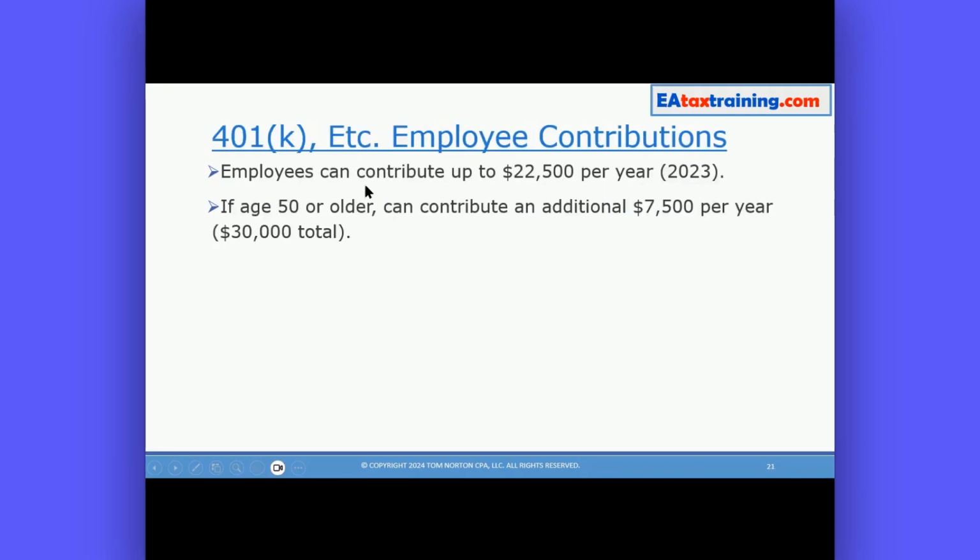The employee contributions to any of these types of plans, whether it's a 401k, 403b, or a TSP plan, and whether it is a traditional or a Roth plan, the employee can contribute up to $22,500 per year. That is the number for 2023. So that's the number you want to know for the 2024 exam. You will want to know this number,